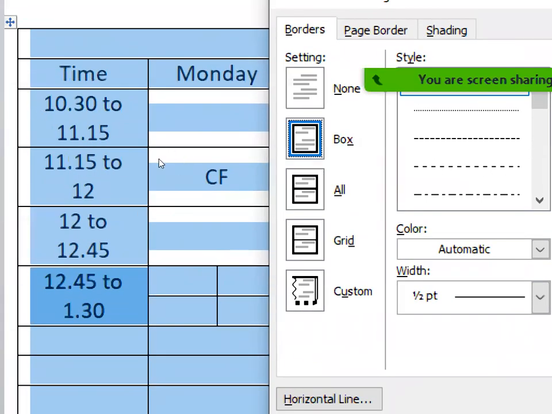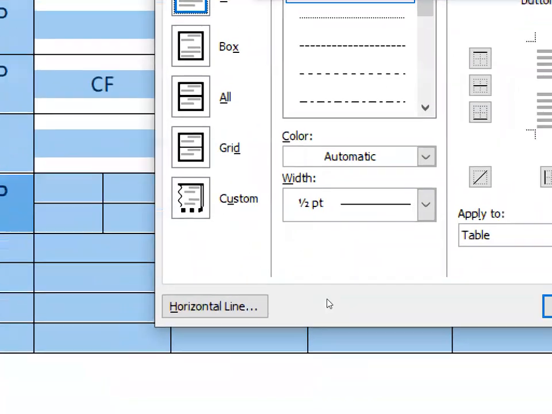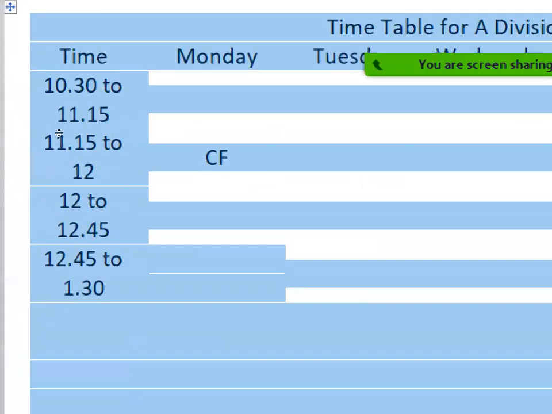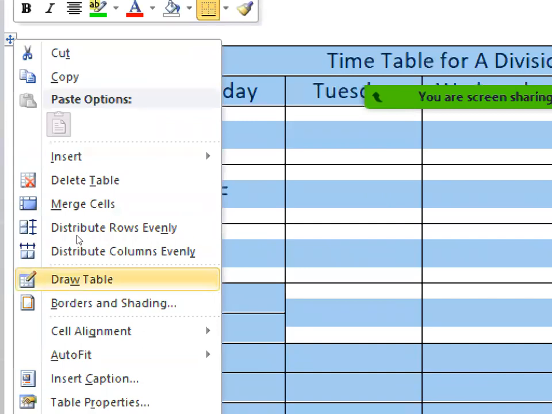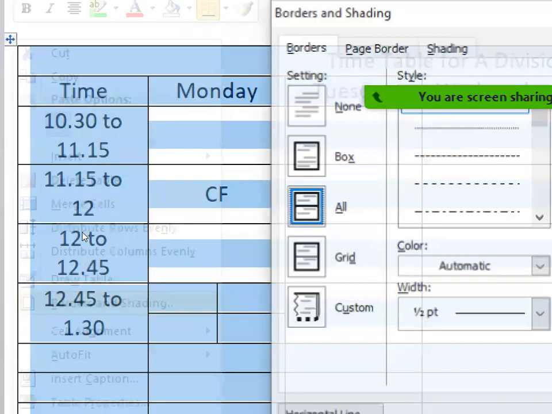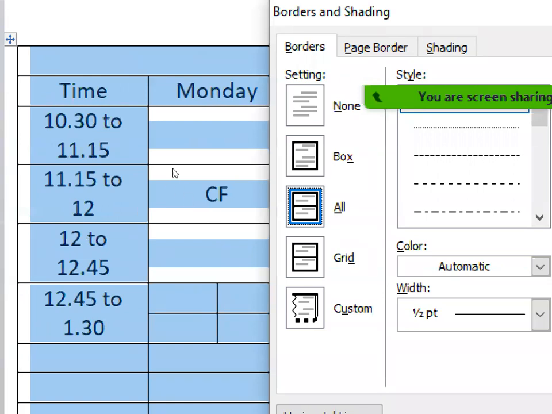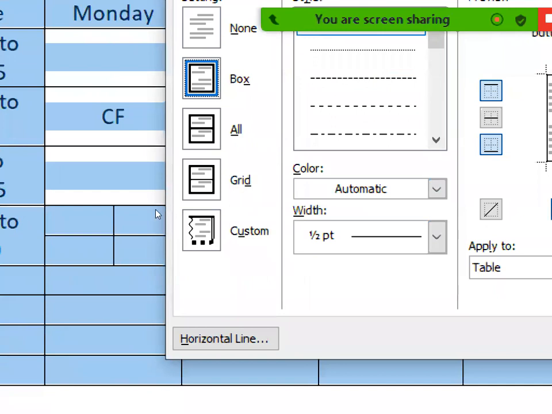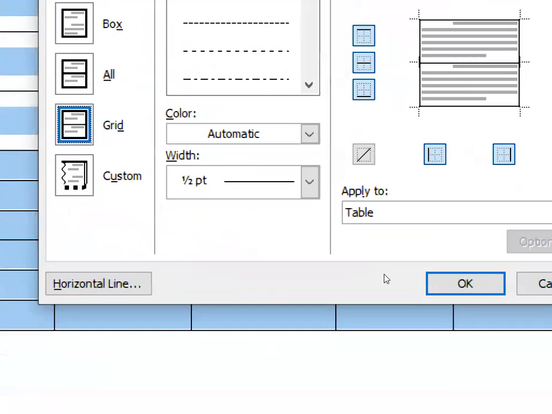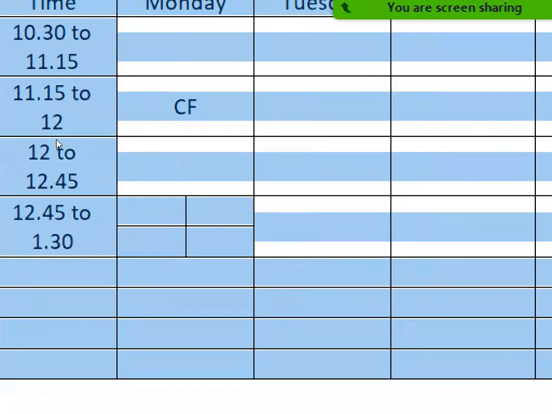If you want a box, you can select this. If you say none and click OK, there will be no border for the table. Similarly, if you want different types of borders, again go to the borders and shading option, and if you want a box, you can select that. If you want a grid, you can select that.